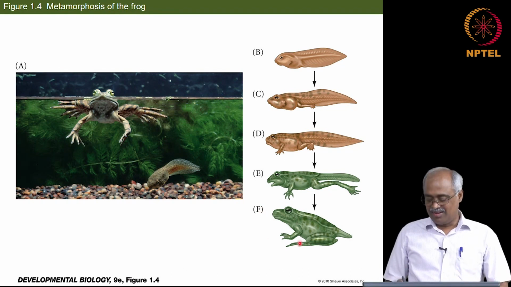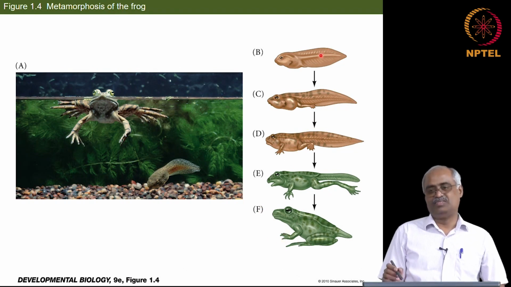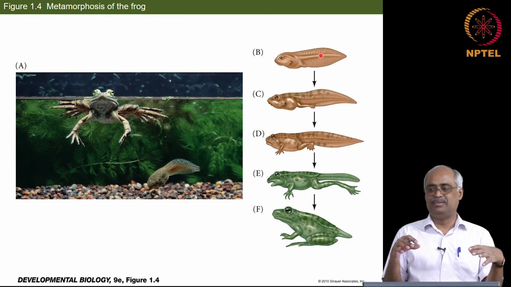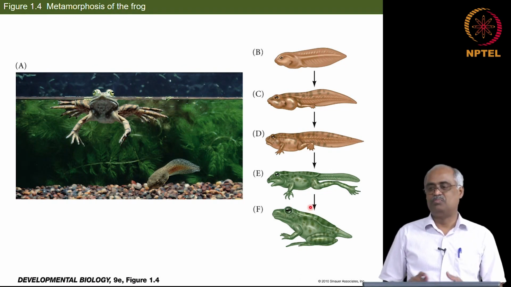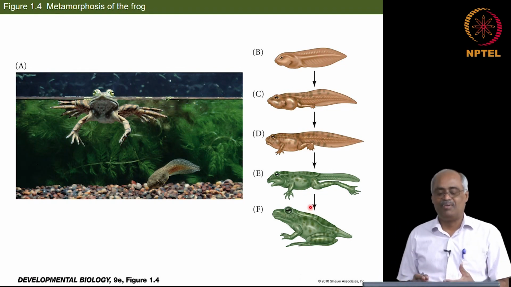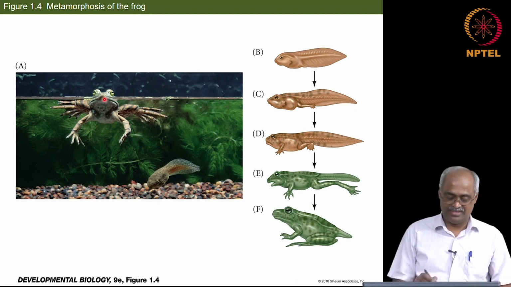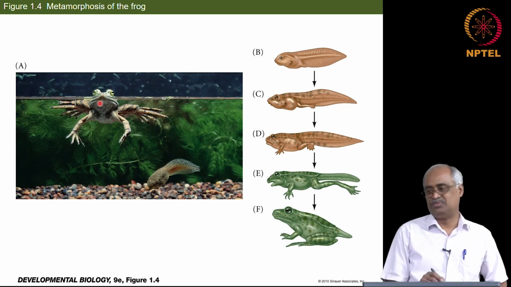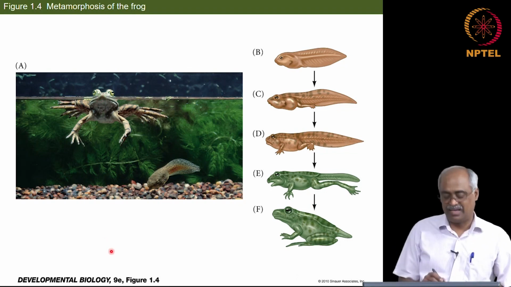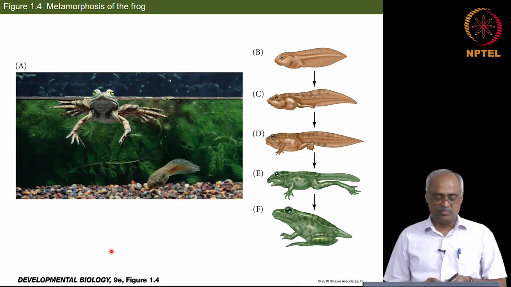Okay. So all these things are going to change, and again it is a cartilaginous skeleton, instead it is going to become a proper bone of the frog. So all these changes happen from here to here. So that is the metamorphosis. Okay. So this is characteristic of a large number of species.